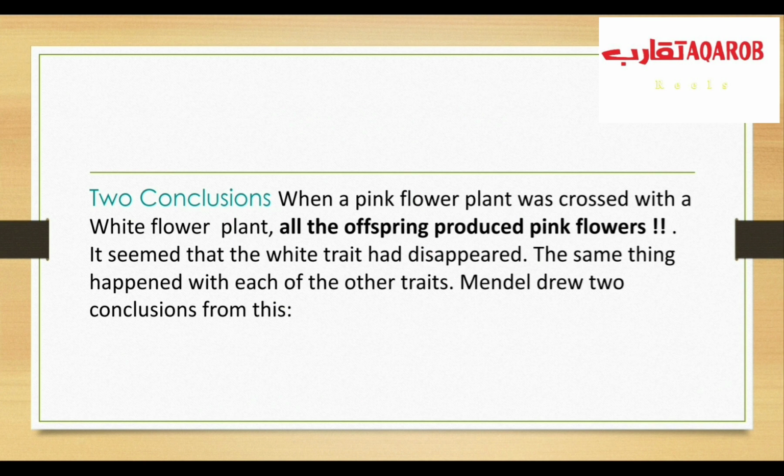So, to conclude, when a pink flower plant was crossed with a white flower plant, all the offspring produced pink flowers. Okay, it seemed that the white trait had disappeared. The same thing happened with each of the other traits. Mendel drew two conclusions from this. So, what are the conclusions for Mendel after doing crossbreeding and true